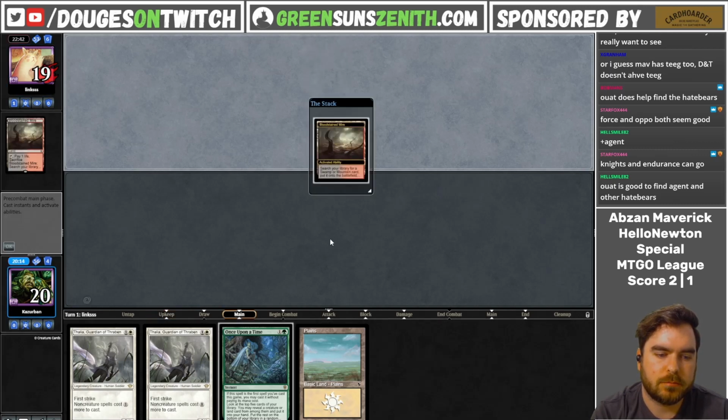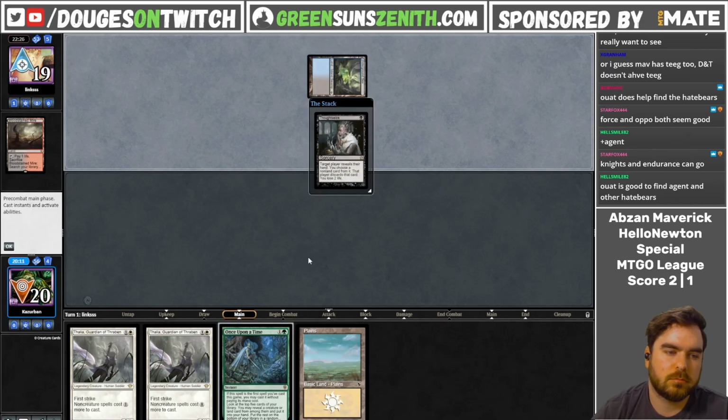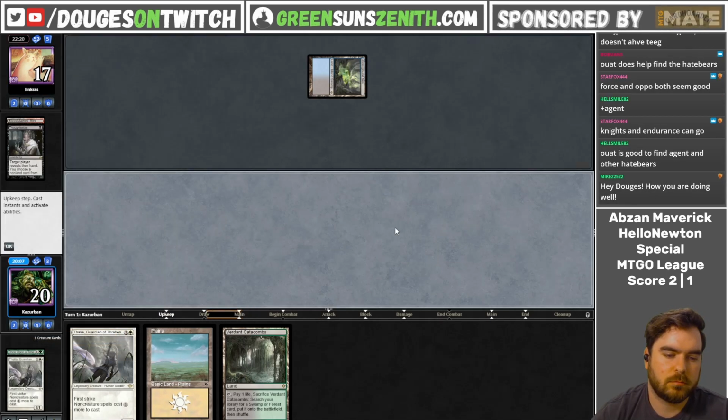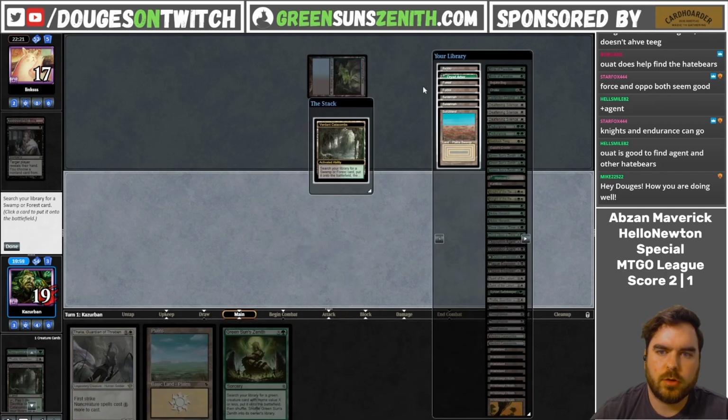Opponent kept 7. At least if they dress us. There's the land. Come on, Deafening Silence. Green Sun's Zenith is definitely interesting. I don't mind